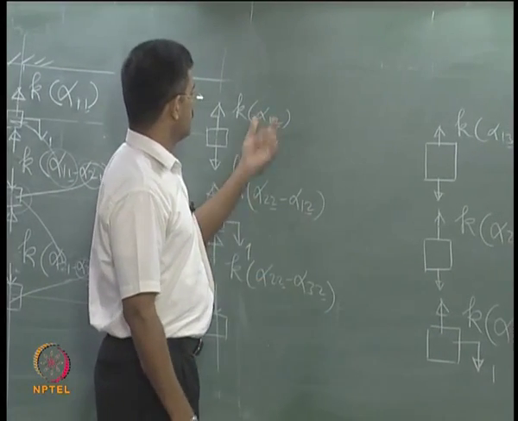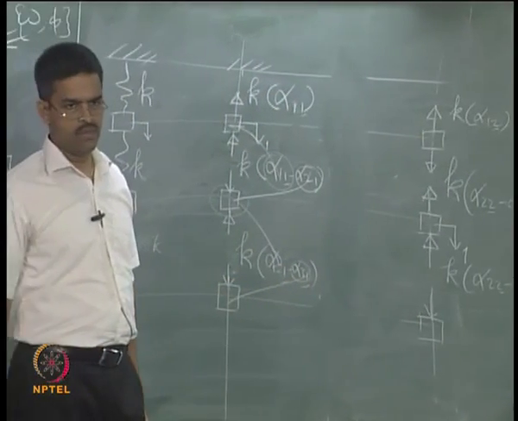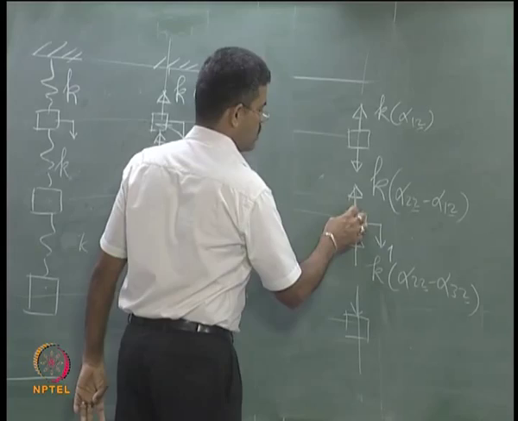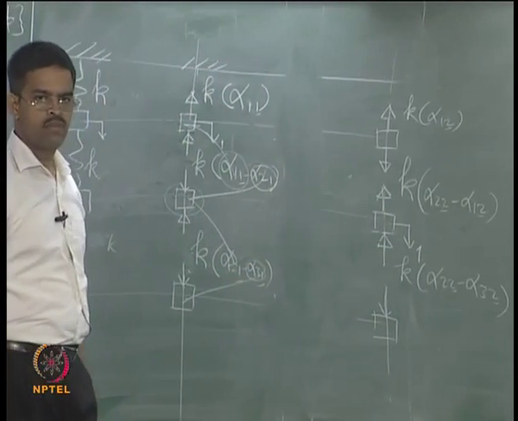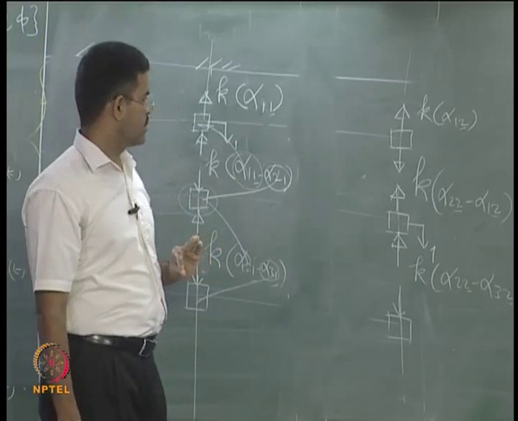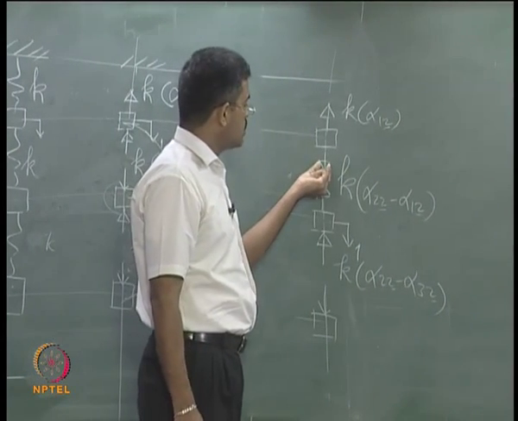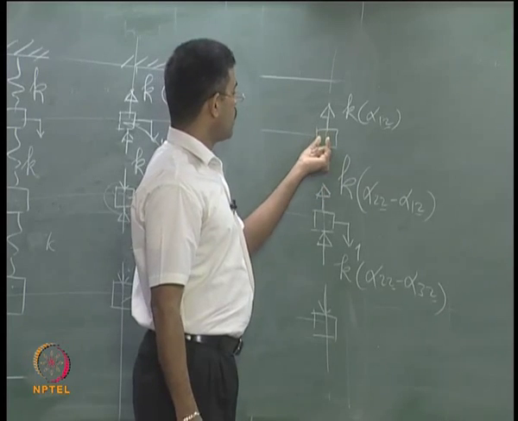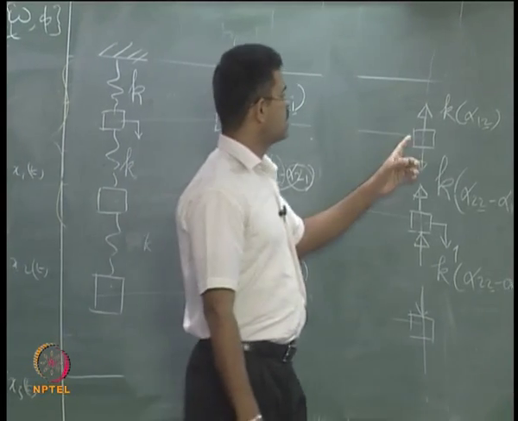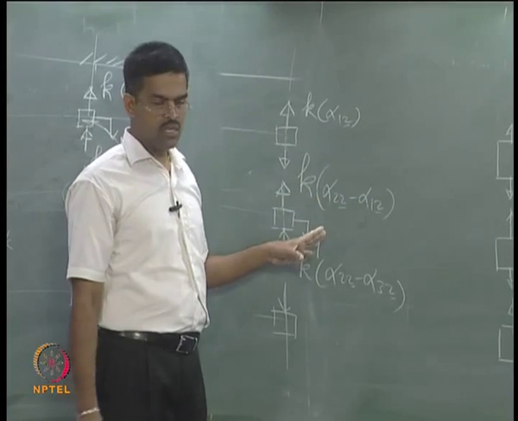And the second value will be respectively to which coordinate the stiffness of the spring is connected, and the second subscript in all the derivations will be related to the node where you are applying the unit value. The first subscript will be corresponding to where you are measuring it. You may wonder, in this case, for example, this force, so I am measuring this force in 1, why am I not writing 1 2 first and 2 2 next? That question will come.